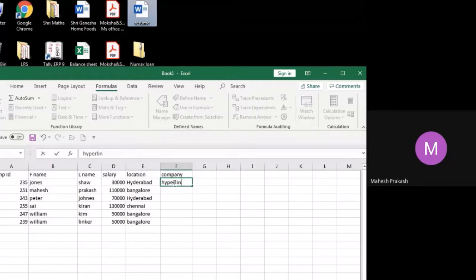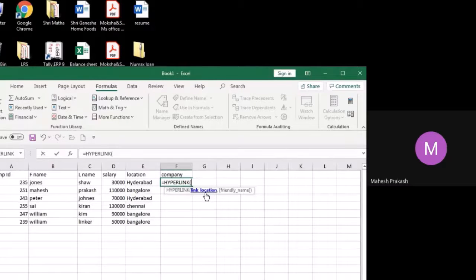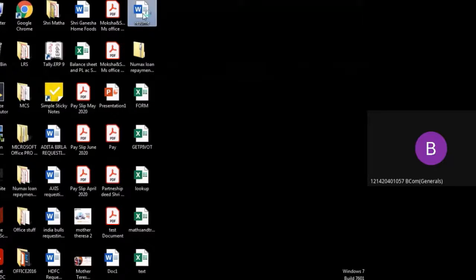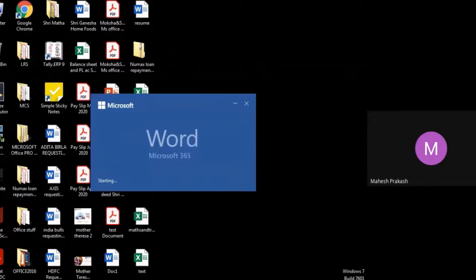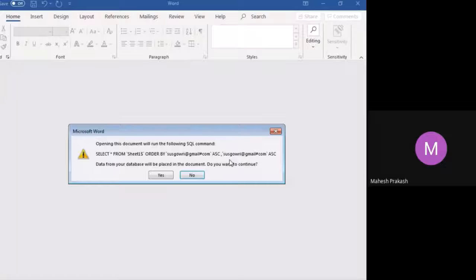Hyperlink equal to hyperlink, link location. You need to know the link. Desktop/resume. Yeah. So let's see what is there in this.